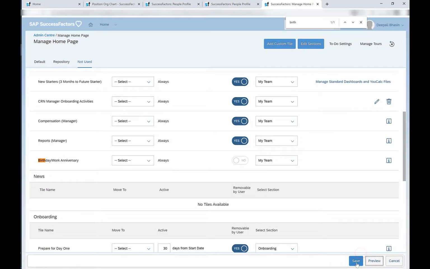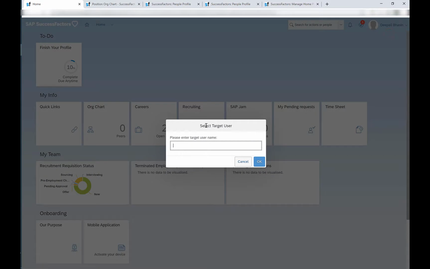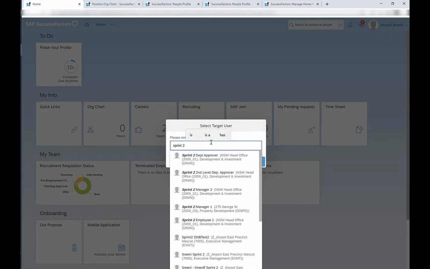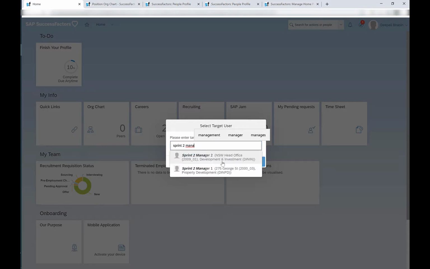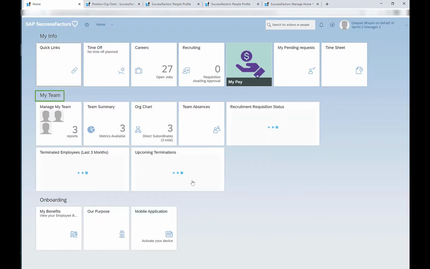Click on close and save. Your changes were successfully saved. This is the message that I receive. Now, when I proxy as the manager, I should not be seeing the tile on the home page. So under the My Team section, I see that there is no birthday or anniversary tile.